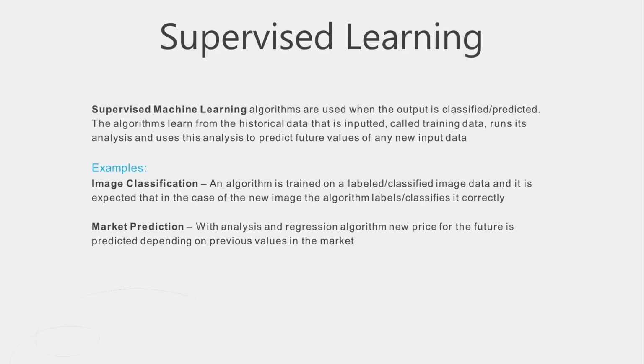So, we'll start with the supervised machine learning algorithms, which are used when the output should be classified or predicted. Here, the algorithm learns from historical data, which normally is referred to as training data. The model is trained on this training dataset, and once the training is done and we are satisfied with the performance of the model, this model can be used on the new data in order to predict the values for